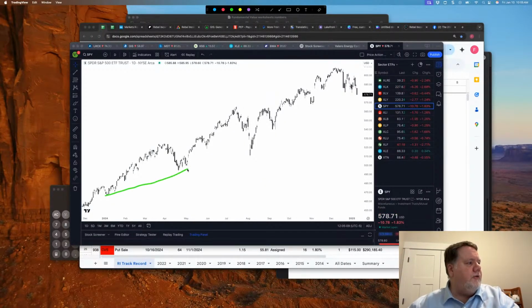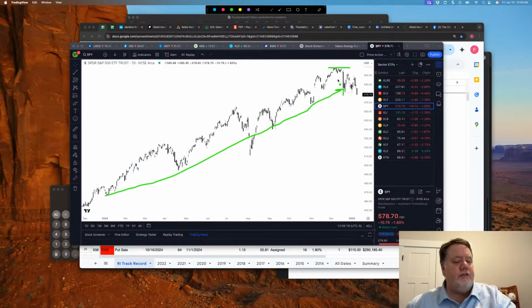And here's my drawing tool, so we can see this trend continuing. My line's ugly, so I apologize, but here's where the market peaked at about 6,100. This is the S&P 500 index. This is the ETF that is tied to it, but that correlates to about the 6,100 level, and from there it's been picking up a little bit of bearish momentum, especially the last few days.